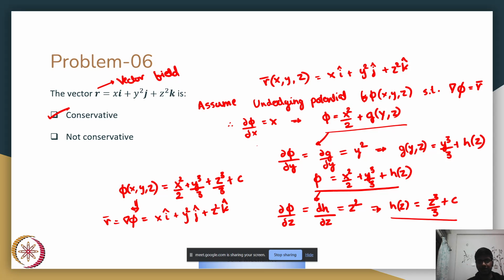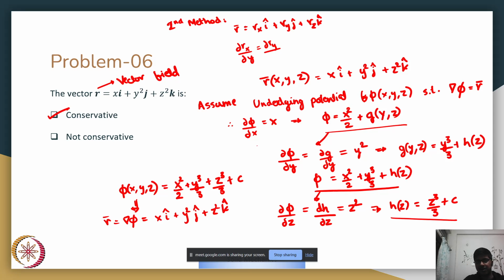Another way to do it would be to suppose R has components Rx i hat plus Ry j hat plus Rz k hat. Then a second method, if R is indeed the gradient of an underlying potential, would be checking